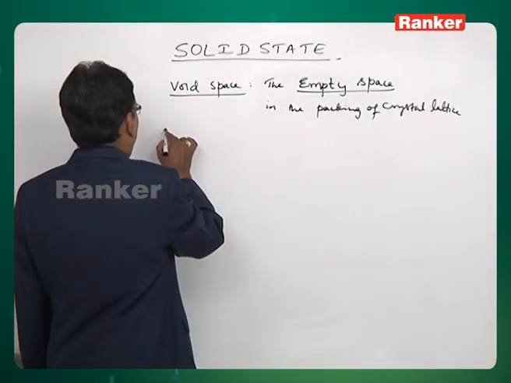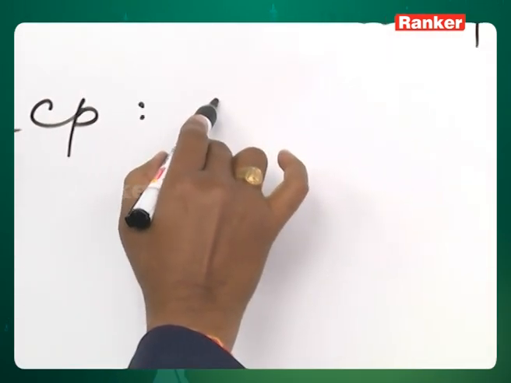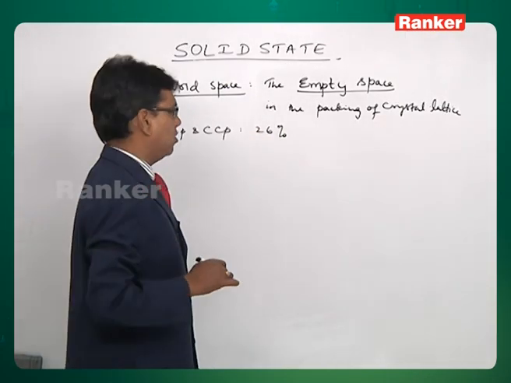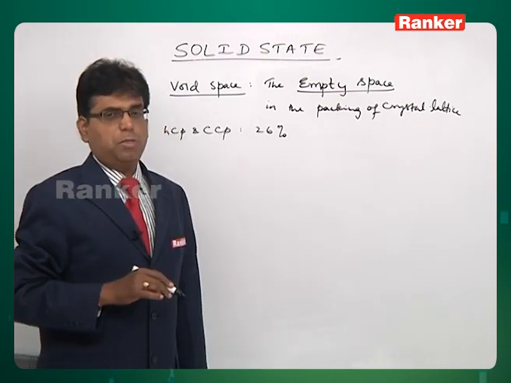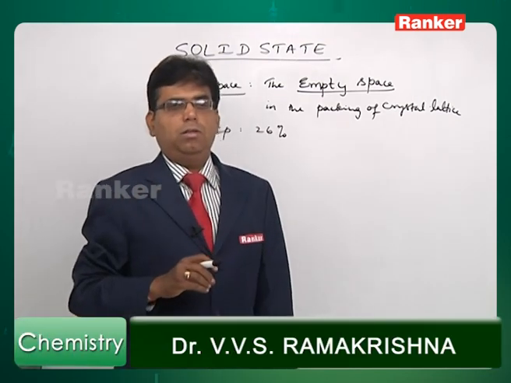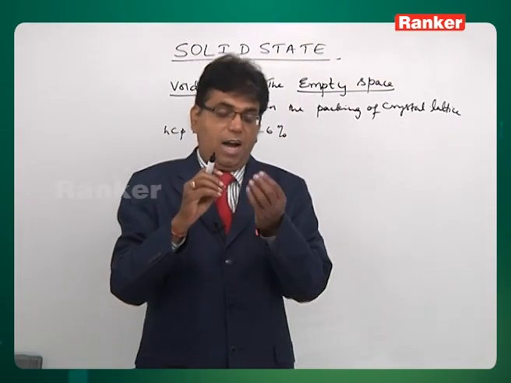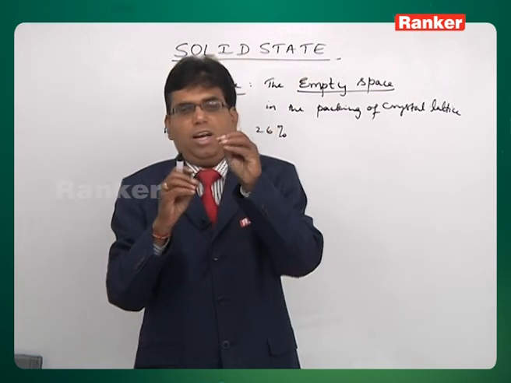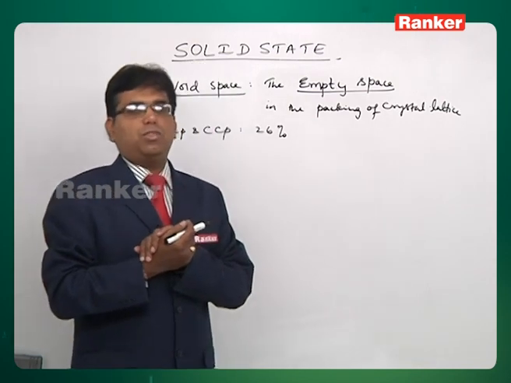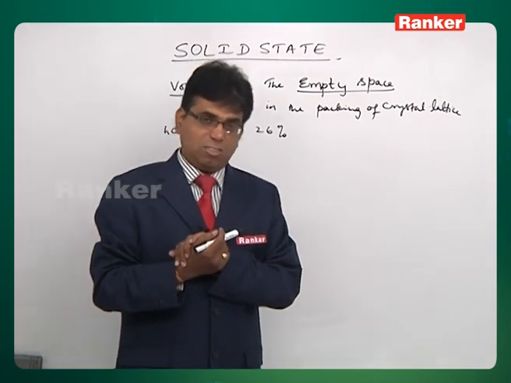In HCP and CCP, the void space is about 26% in spite of maximum efficiency. So, the void space is the empty space that is formed. Now, this empty space again has a particular geometry, and in that space what other atoms or ions can be accommodated, because the calculation of void space and void geometry is very important with respect to ionic crystals